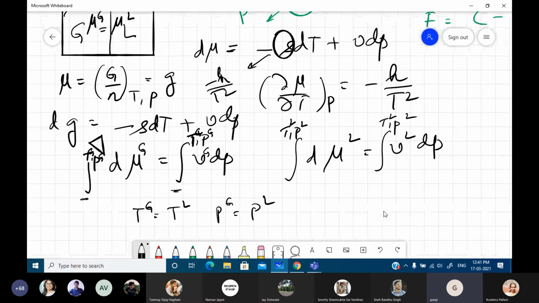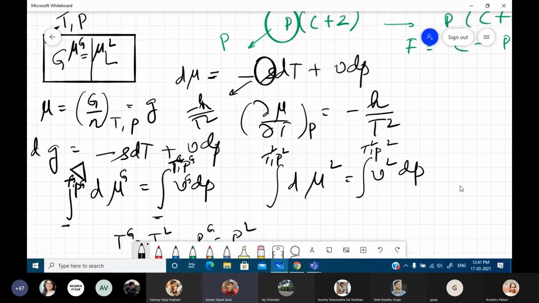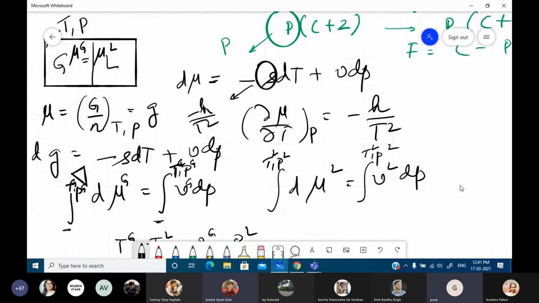Any sort of thing, any guesswork, anything? Ma'am, T comma 0. I mean, pressure is 0 and T same. I agree. But tell me one thing, at pressure 0, what do you expect is going to happen? This is going to be mu gas phase under ideal condition, isn't it? But do you know mu G 0? I agree. We can always do it, and in that case, this becomes P equals 0. Perfectly agreed. But the problem is, yes, please. P sat maybe. Saturated pressure.